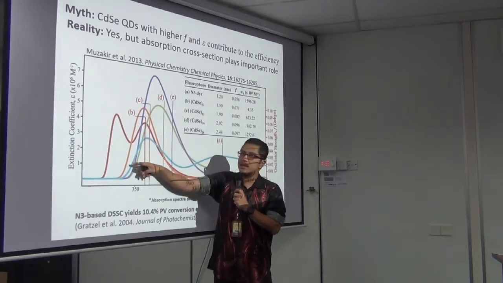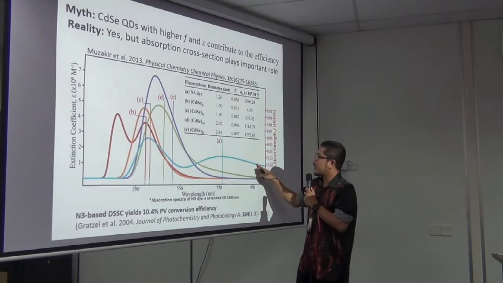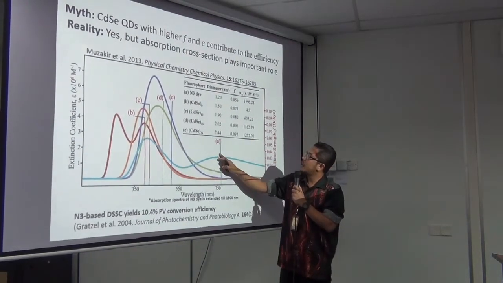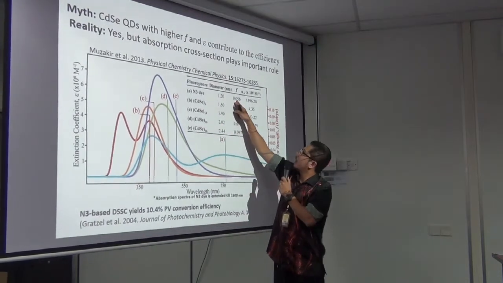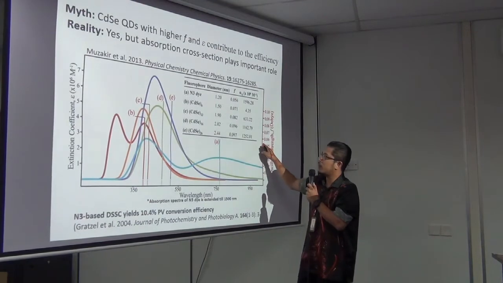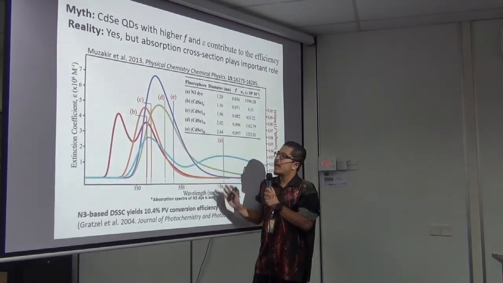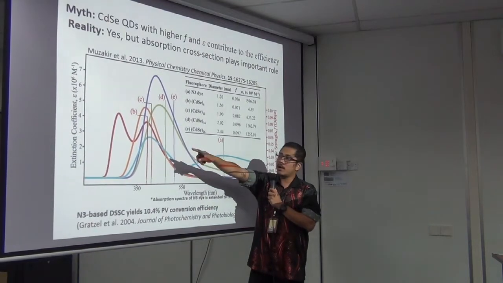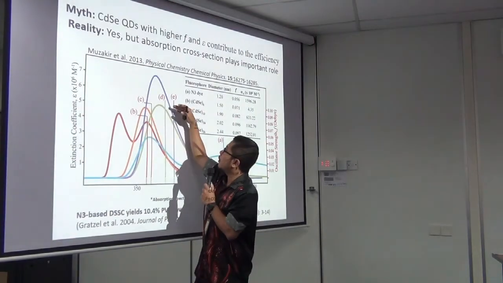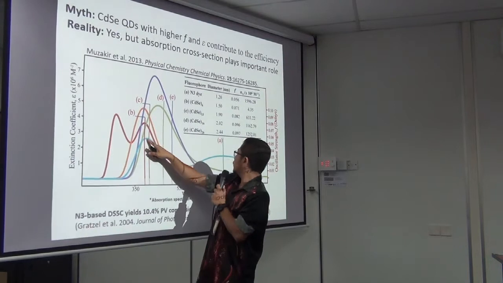So this y-axis is referring to the vertical lines. These vertical lines indicate the oscillator strength. See, this is the dye, the blue curve over here, and this is the straight line. A, N3 dye, F 0.056. It has the lowest oscillator strength compared to all the other vertical lines. And the extinction coefficient, that y-axis, is referring to the pinnacle top of each curve. For example, the blue one, the pinnacle top is this one,